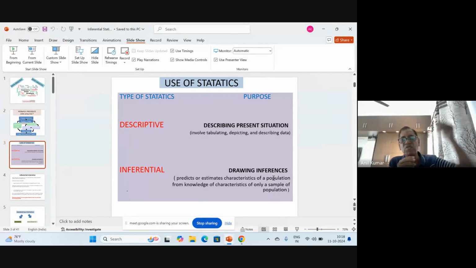We are reaching to the population. But how are we reaching? Again, the question is, we are reaching by way of having sample characteristics with us. So we have collected sample characteristics, we have collected data related to the sample. But we want to estimate, we want to predict the population based on that data collected for the sample. So representation is a very important part, again, I would say.